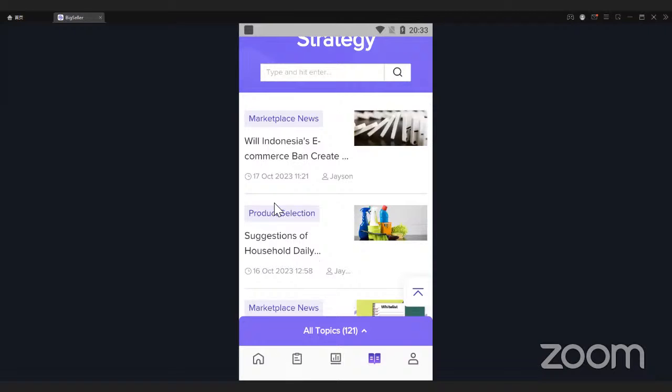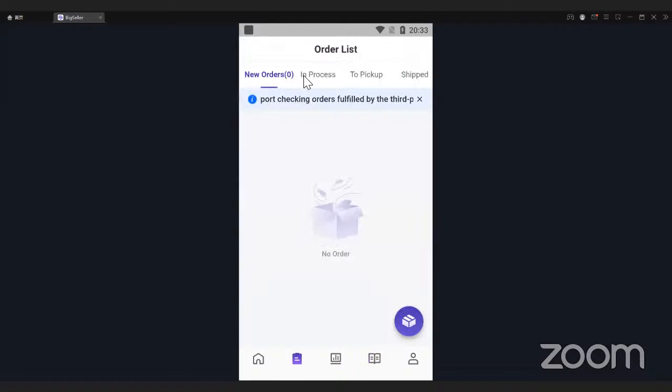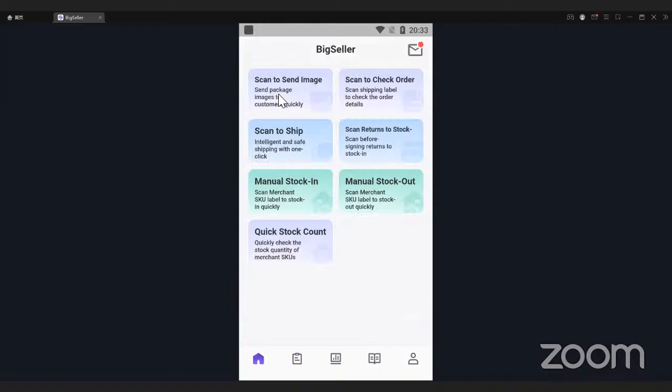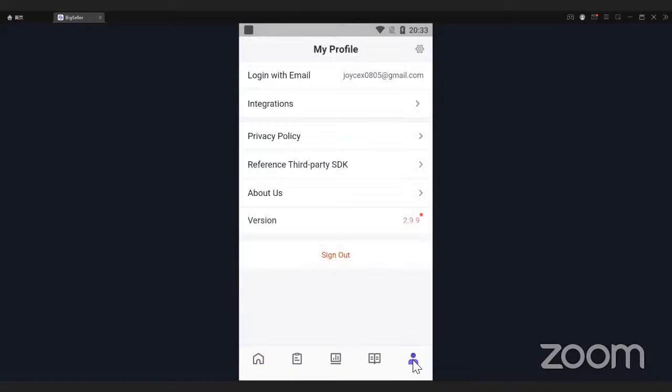The basic one is order processing. Here, you can check the new orders in process, then do the packing and printing. For the scanning features, there are scan to send image, scan to check order, and scan to ship. If you are interested in these features, you can let me know. And here, the last tab is inventory management. And also in settings here,